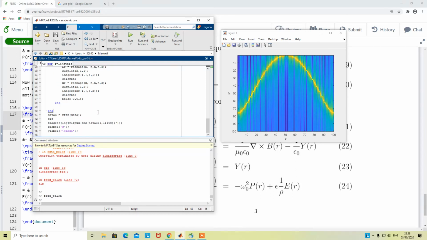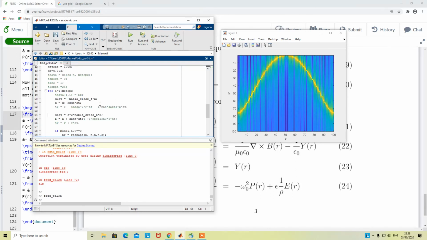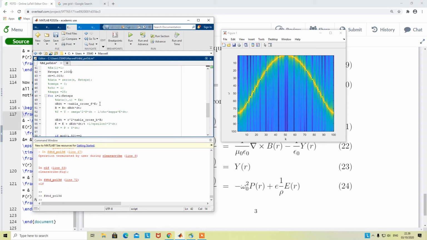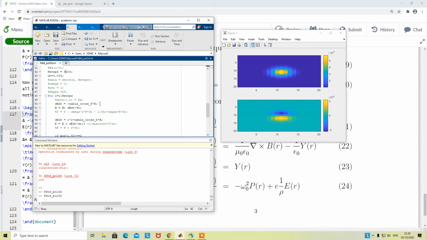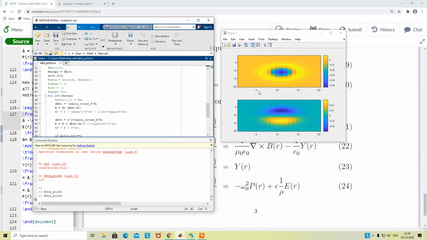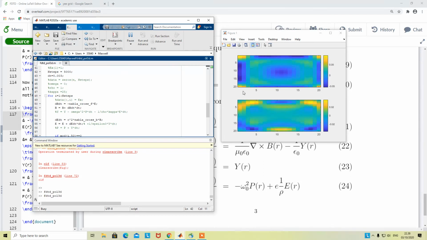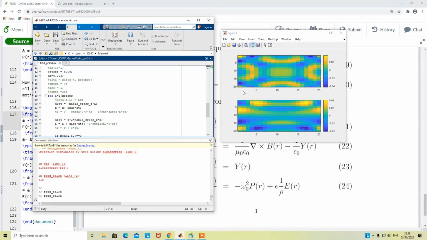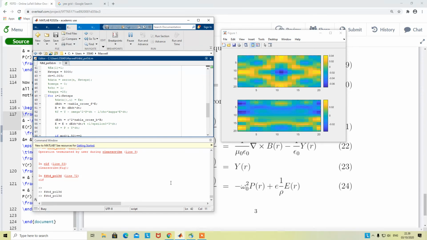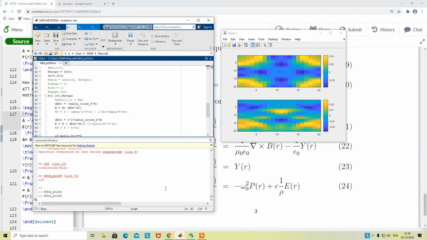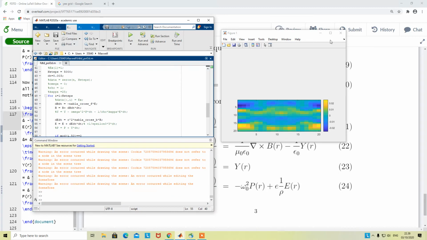We need to have more steps. Okay, so that's three-dimensional FDTD equations for you, roughly. So now the next thing is to add the polarization,